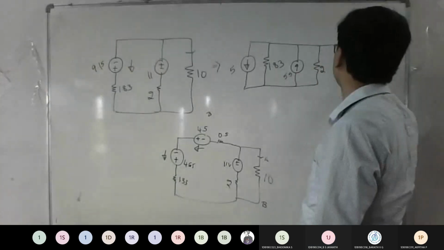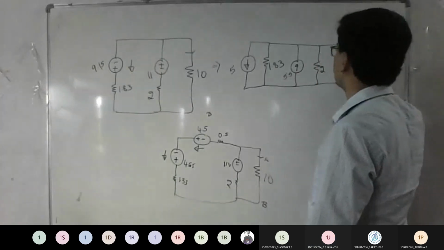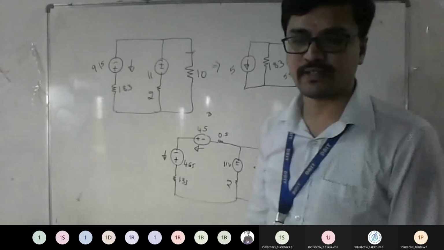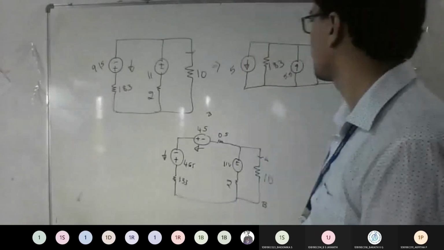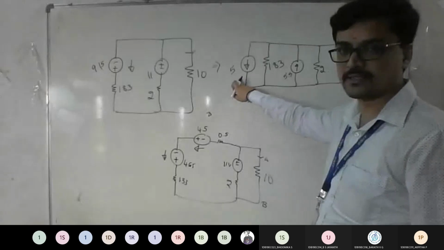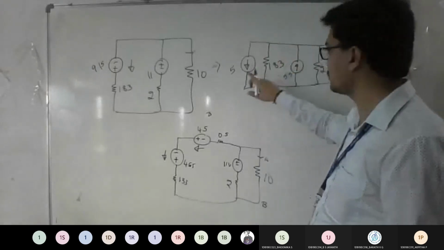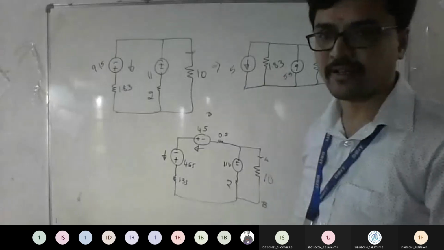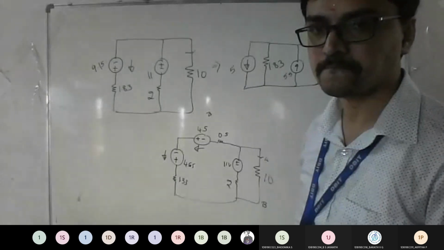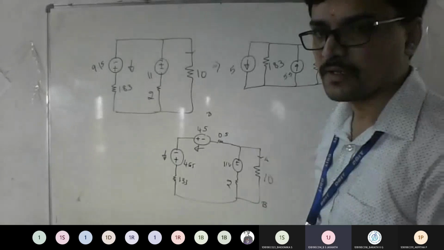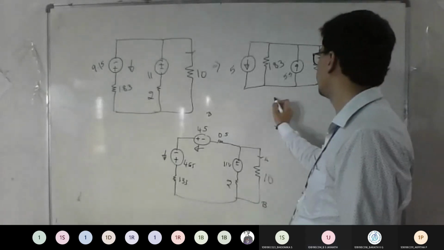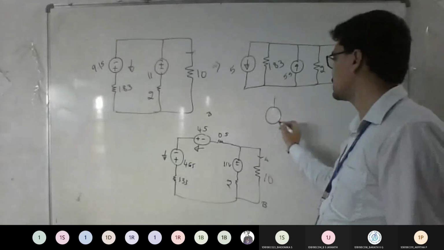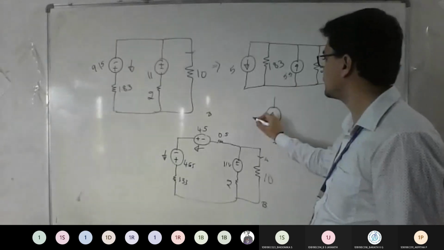So what is left out is your load 10. See, we should not do the alteration for the resistor where they ask you to get the current. So I have written the position. Now you can see plus and this is plus, so both are in opposite directions. So I should subtract 5.5 minus 0.5. Agree? Yes, sir. So write it as a single source, and the direction should be that of the highest one. So the highest answer is 0.5.